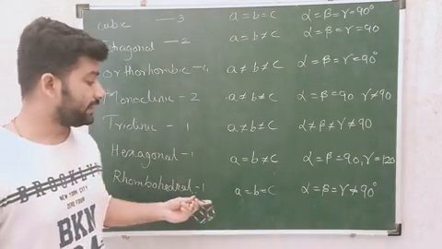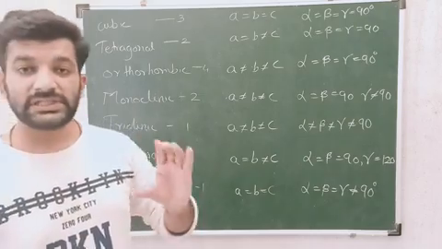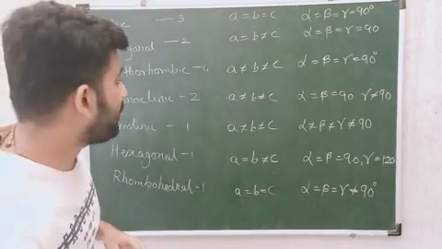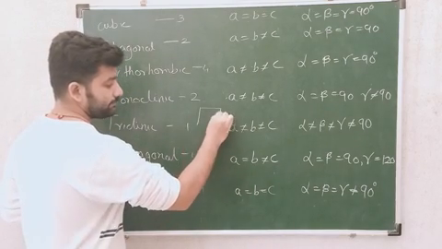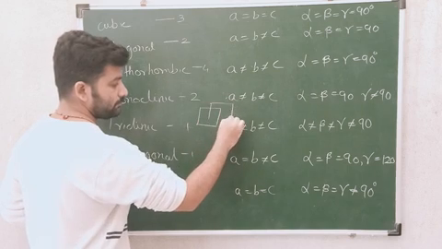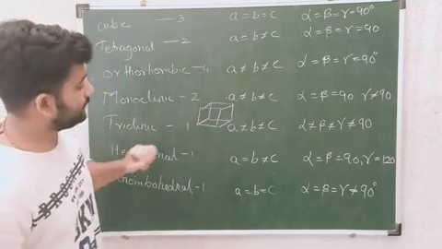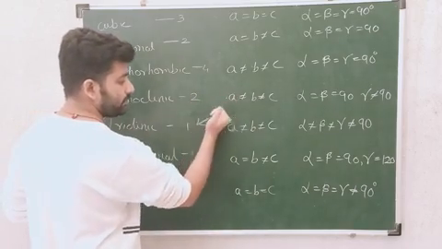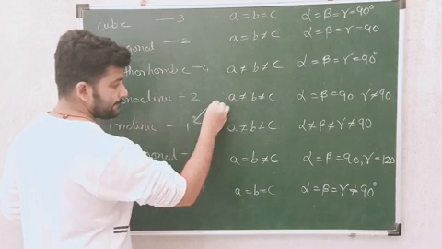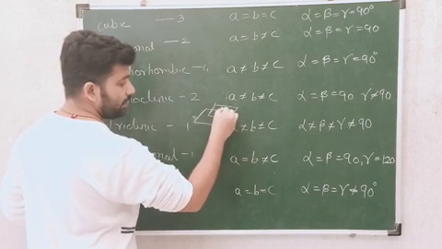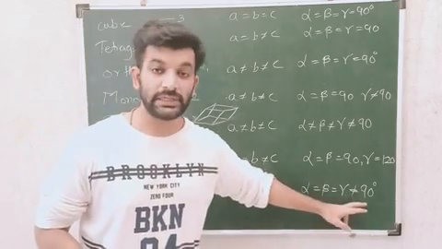Now rhombohedral. Rhombohedral means what? You will take a cube and you will just deform it. The shape of that cube or rhombohedral is shown like this, where it is slightly tilted over there. It is presumed to be a cube only. In rhombohedral, all the lengths are the same. A, B and C are the same, but the angle is not equal to 90.